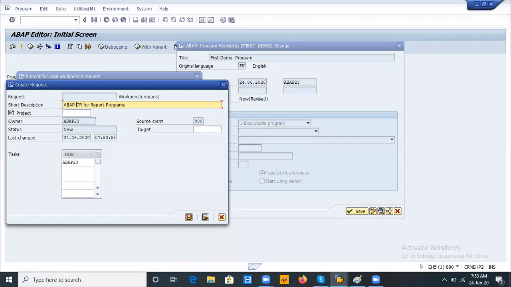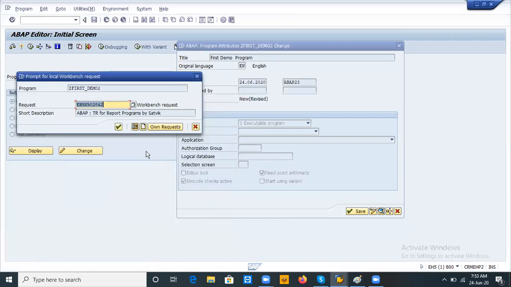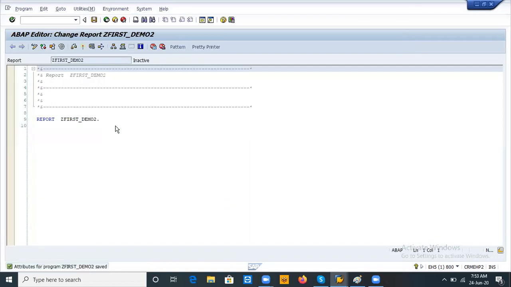Report programs by Satvik, your name. Then continue, save. This is the real-time process we will do in companies. See, the screen will come like this.